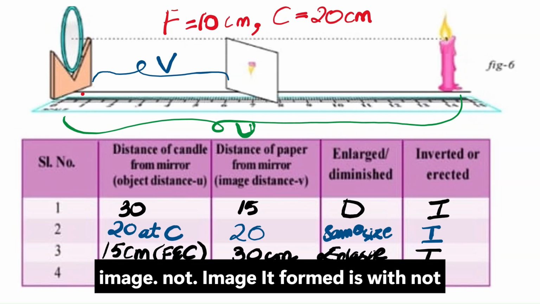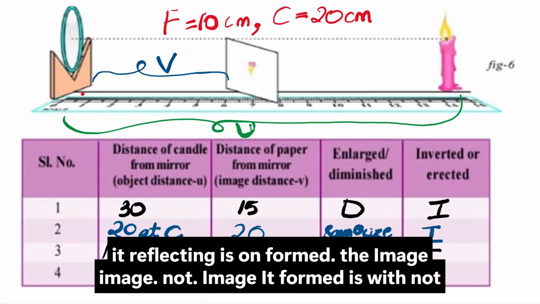So this, it is erect and it is virtual. This table you need to remember and keep in your head. If possible, try to take a screenshot and fill it in the record. In this, the pattern we notice is when the candle is far,